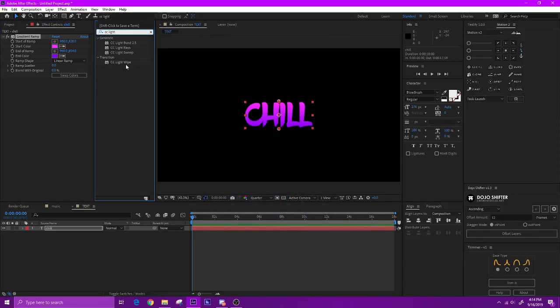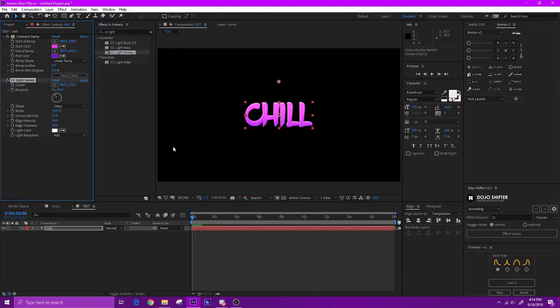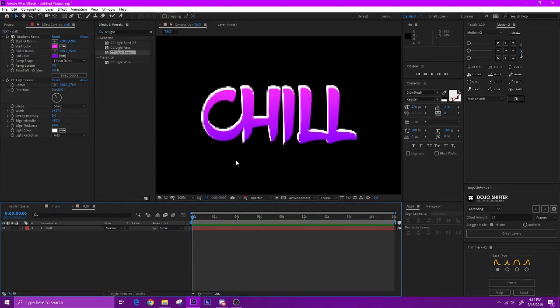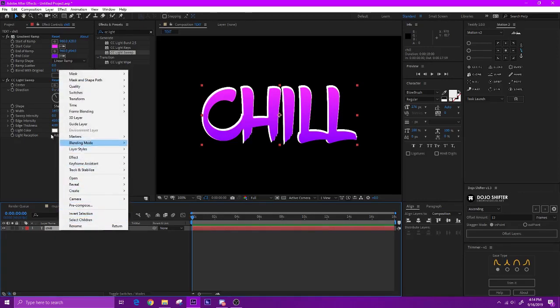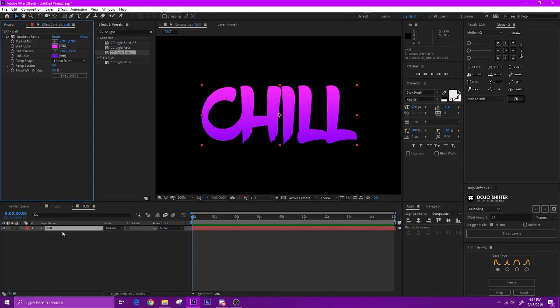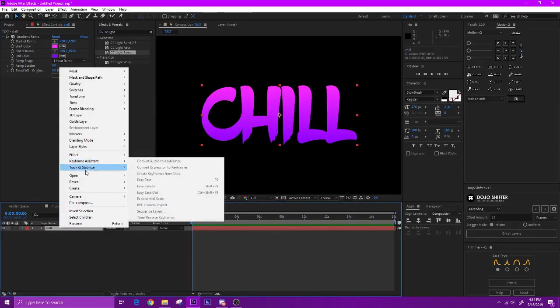Just use CC light sweep, not raise, CC light sweep. Make it the width that, make it that. This is literally kind of like Wolf's tutorial. Now, if you want to, you can make this full, but make sure to put it back, otherwise it will glitch a lot. Now what we're going to do is, actually, no, get rid of CC light sweep, and